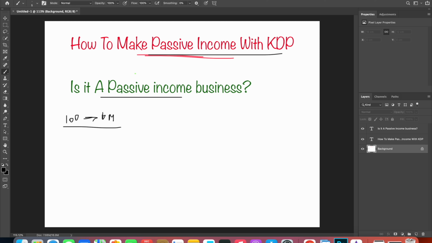what will happen? Let's suppose you are not uploading any other books right now and you will not upload. You are just running ads on all these 100 books. Let's suppose for one book you are running 3 ads: one is an automatic ad, second is a manual ad, and third is a manual product targeting ad. So your total ads will be 300, and managing 300 ads is not that tough because you are